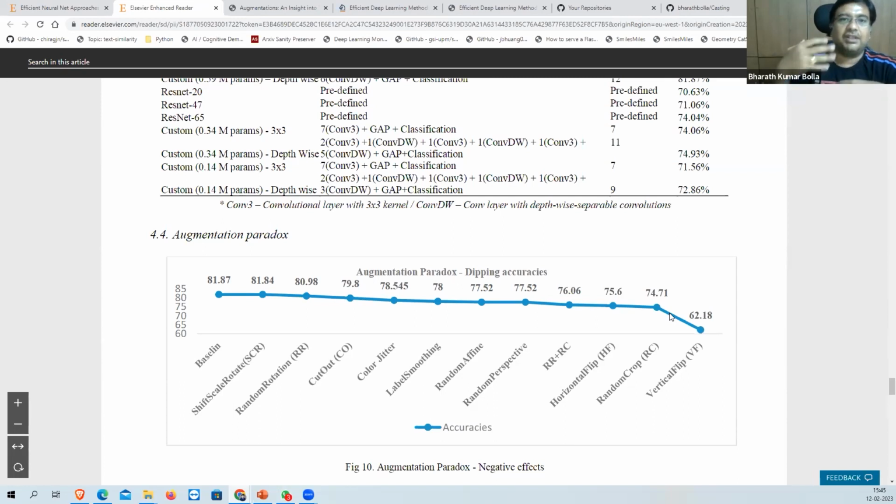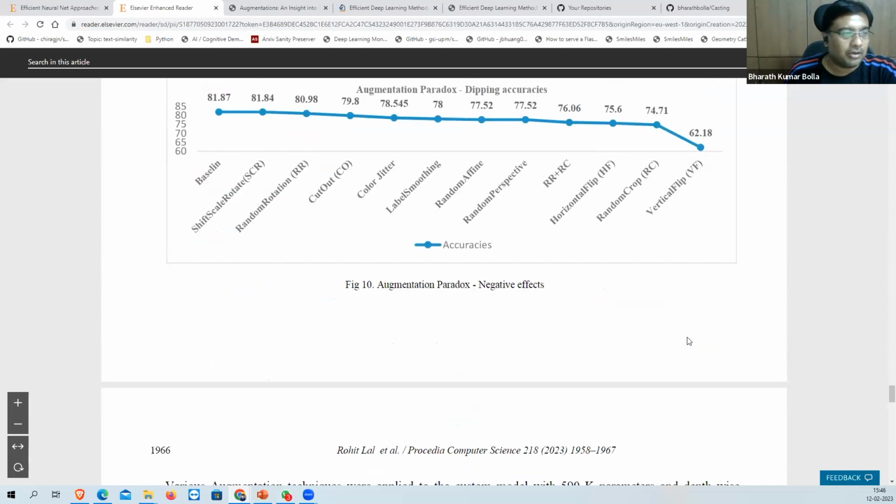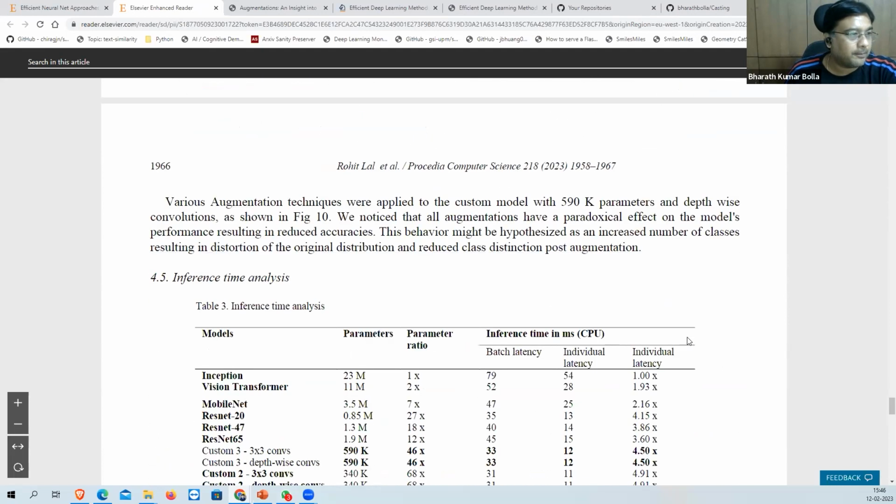There, augmentation generally works. But in our case, where the defects happen on metal casting products, the distribution difference between the two classes is very small. In such a case, augmentations generally decrease the model performance. This is a new finding from our work. We named it the Augmentation Paradox. You see that all the augmentations have decreased accuracy. So it's very important that you always have a baseline in your model to check your model accuracy.